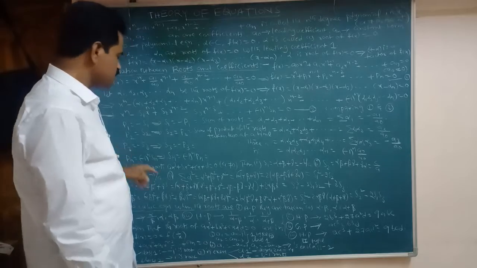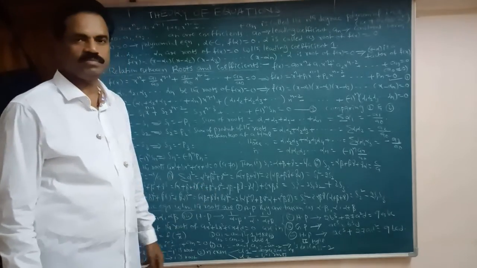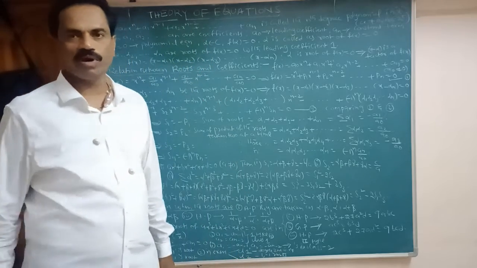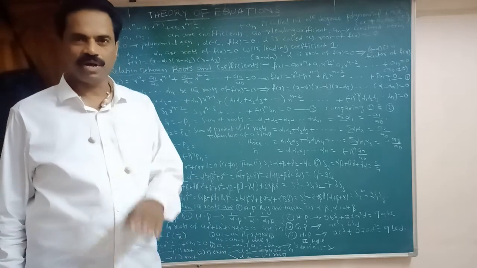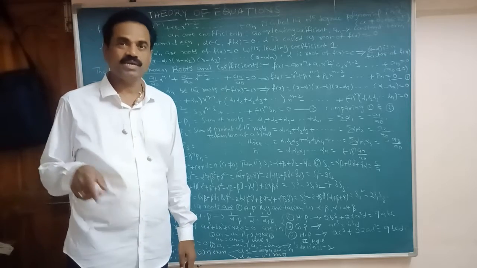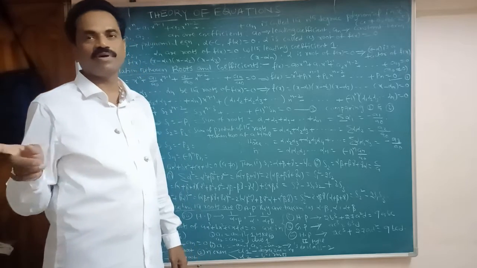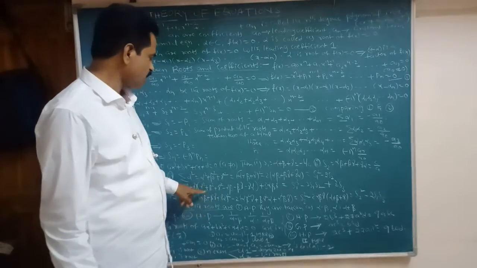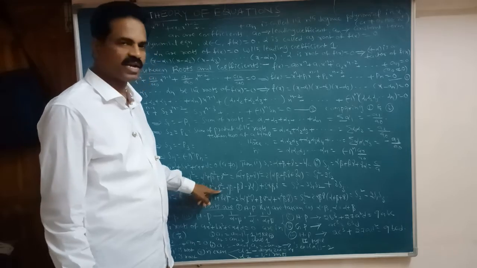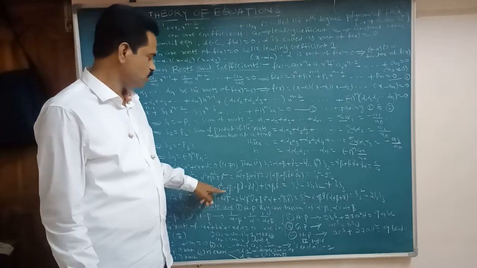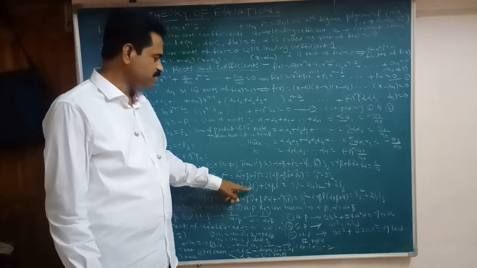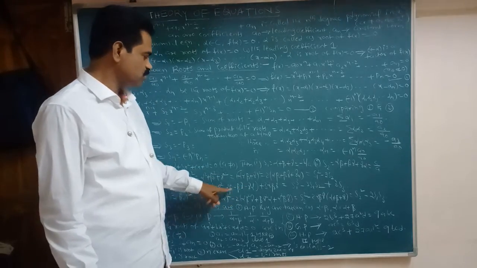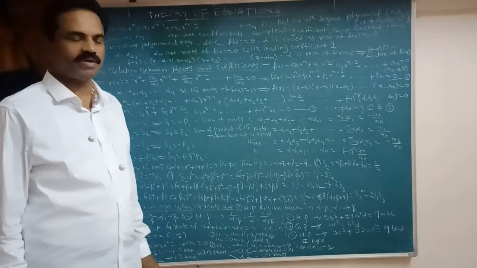Now we have to find that. We can write alpha square plus beta square plus gamma square as alpha plus beta plus gamma whole square minus 2 into alpha beta plus beta gamma plus gamma alpha. So alpha plus beta plus gamma is S1 square, and alpha beta plus beta gamma plus gamma alpha is S2. That is, in place of alpha square plus beta square plus gamma square we can write here S1 square minus 2S2. Here minus the common alpha beta plus beta gamma plus gamma alpha, which is S2. So S1 square minus 2S2 minus S2 becomes S1 square minus 3S2.